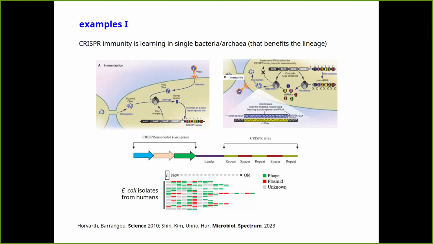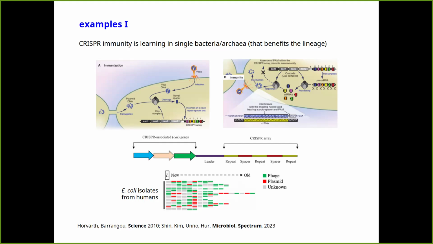But this satisfies all the conditions that I laid out, right? Information is acquired by the organism. It's encoded. We can see the encoding. It's actually in the genome, and then it's used subsequently. One thing to be aware of is that the bacterium is unlikely to be attacked by a phage twice in its lifetime. So actually, this system evolved not to benefit the individual bacterium, but to benefit the progeny of the bacteria, the clade. So the CRISPR locus in a bacterium is actually an encoding of that bacterium's ancestral history.